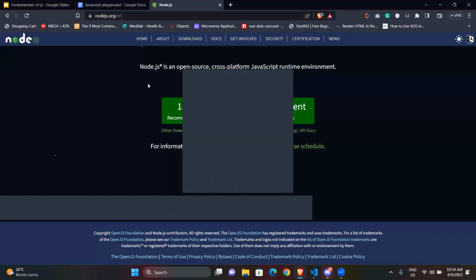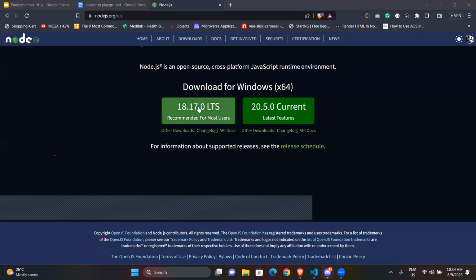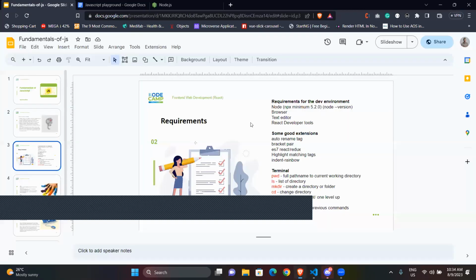You just take the LTS version, follow the prompts and install it. When you install Node, you'll also get access to a couple of things, NPX and a few others that will help you.